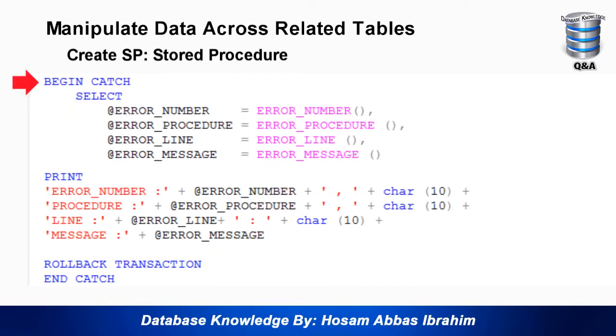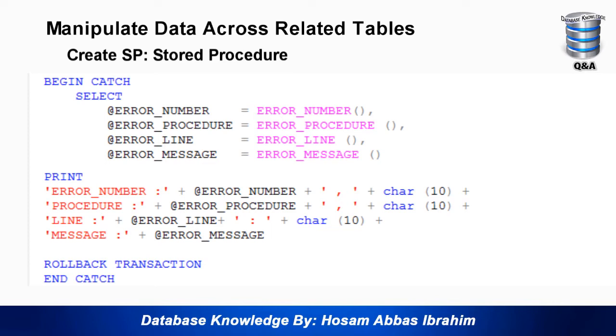So if something goes wrong up there between the begin try and end try, I will start to catch it here. So simply I will select the error number variable I declared and the error procedure and the error line, and every one of these equal to the global function which you call ERROR_NUMBER in brackets and ERROR_PROCEDURE brackets and ERROR_LINE brackets.